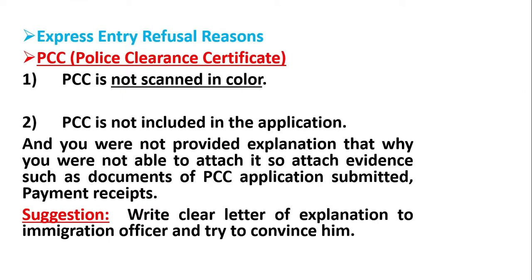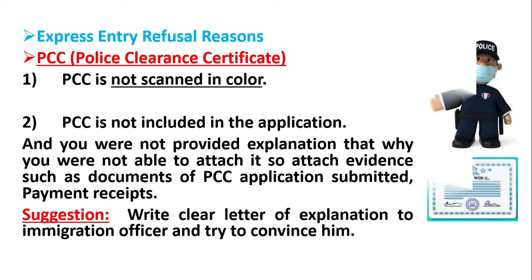The second most important reason of express entry application rejection is due to the police clearance certificate, means PCC. The first thing is that if your PCC is not scanned in color, then your express entry application can be rejected. Or if you have not included PCC in the application and you have not provided an explanation why you were not able to attach it,